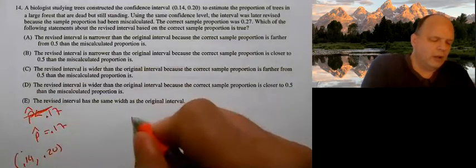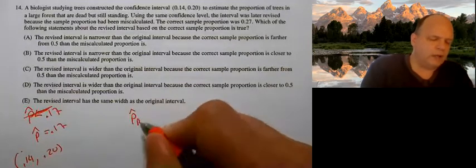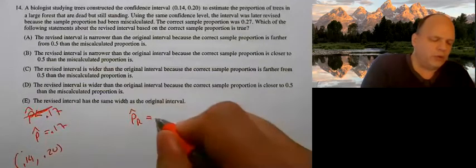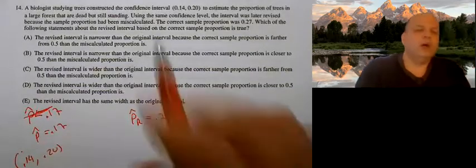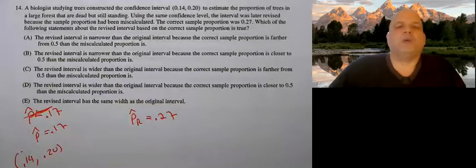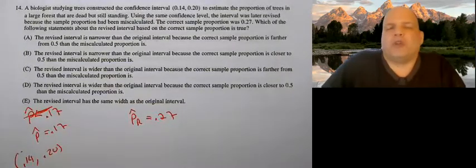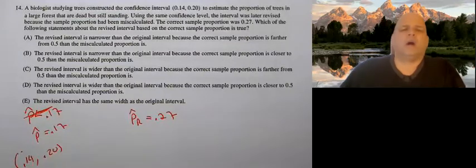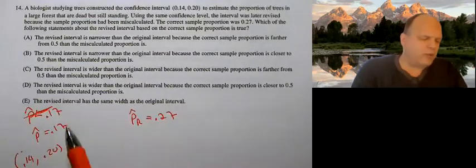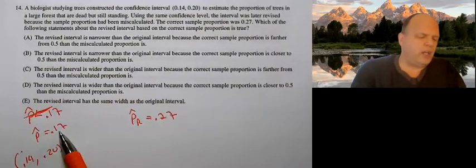Turns out p hat was really equal to 0.27. Which of the following statements about the revised interval based on the correct sample proportion is true? All right, if all we changed was we went from 0.17 to 0.27,